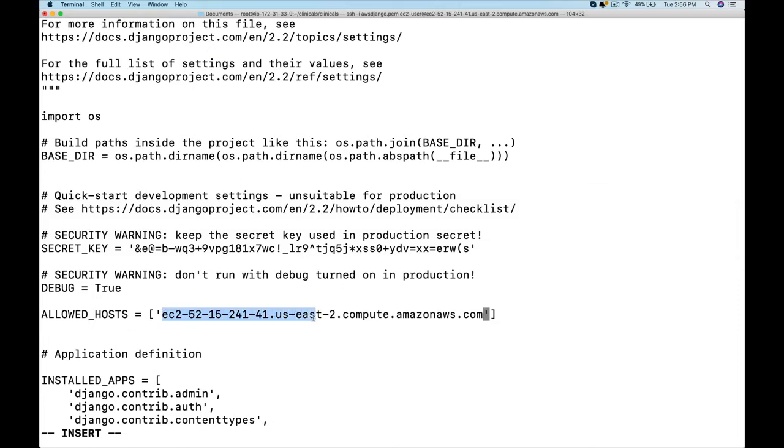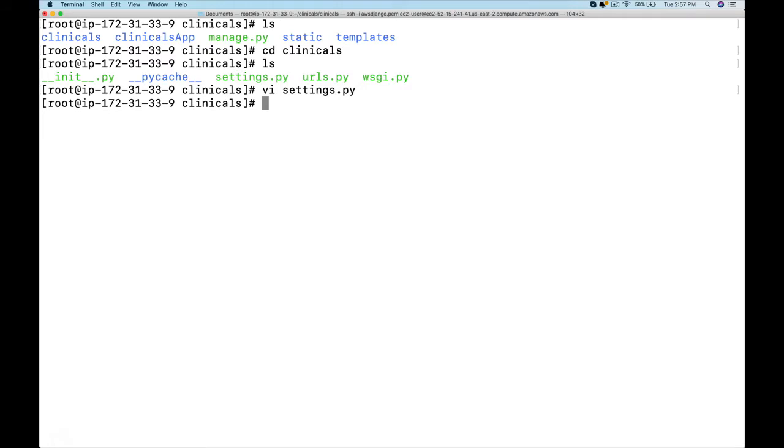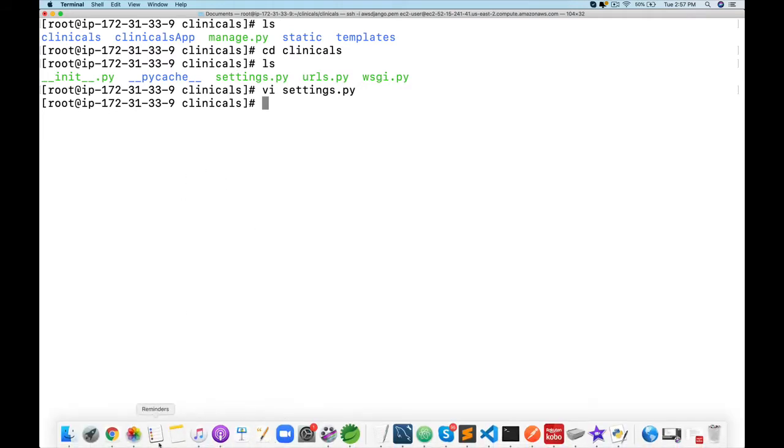So now this machine can access the Django application that is running. If you use a star here, an asterisk, that means any machine can access it. I'll explain this once we run the test more. So do a :wq, come out of it, or you can simply Google for allowed hosts.